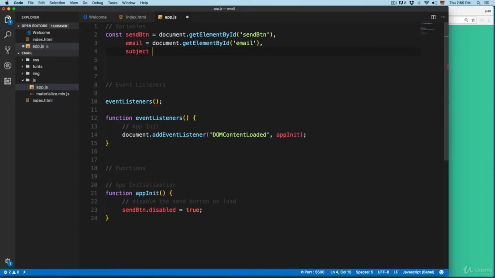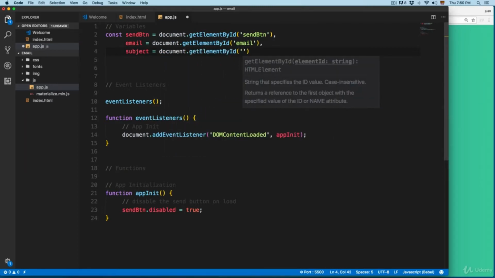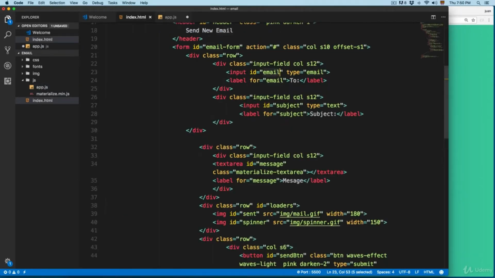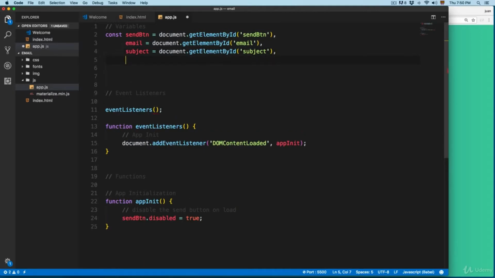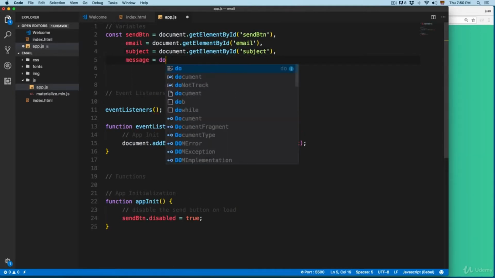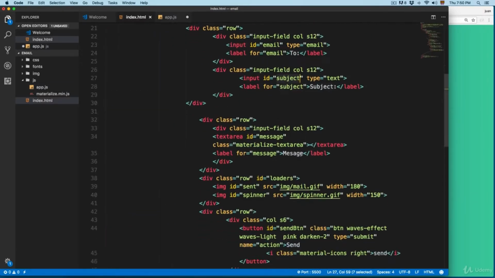Then we're going to create the subject. It's going to be equals to document get element by ID, and this one also has subject as the ID. Subject. Finally, we're going to add the message. It's going to be equals to document get element by ID, and remember that you can also use query selector. In this case, we're going to select this message,